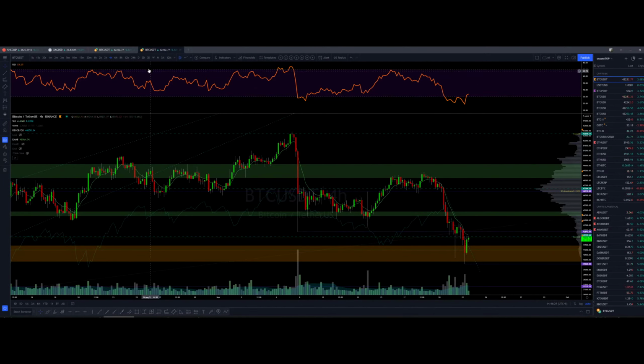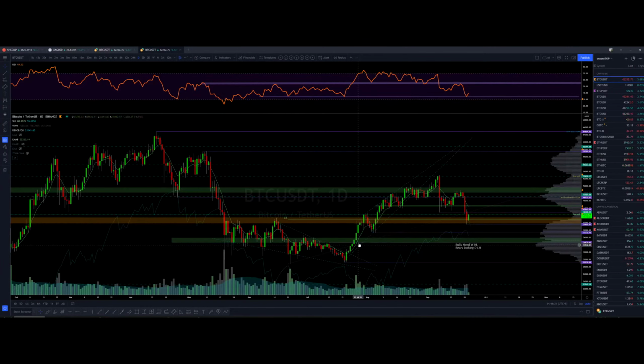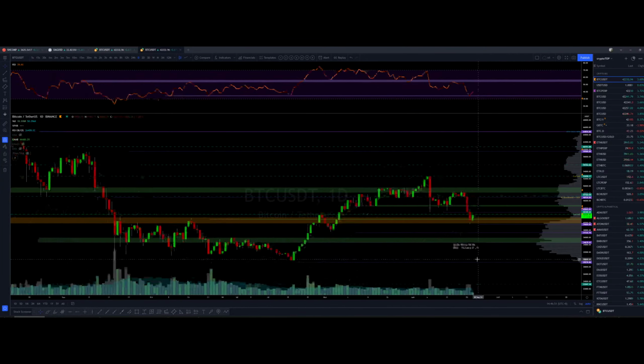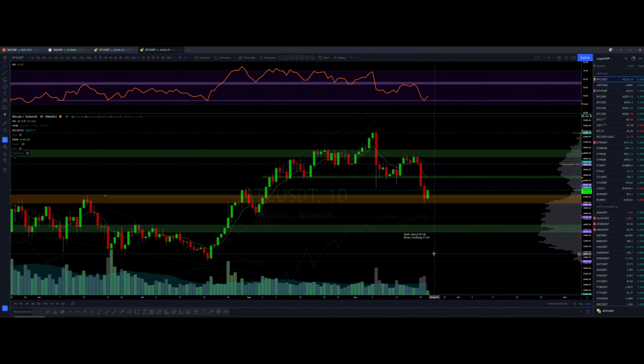If you look on the daily, all the way up to here, we are uptrending on the daily. There is no downtrend. There is always a high low, high high, high low, high high, high low, high high, high low, lower high, but high low still, high high. So now we came down, smashed it, we set a lower high, and then we set a lower low. So we're confirmed downtrend on the daily. So right now, you don't want to swing bullish, right? You don't want to swing bullish.